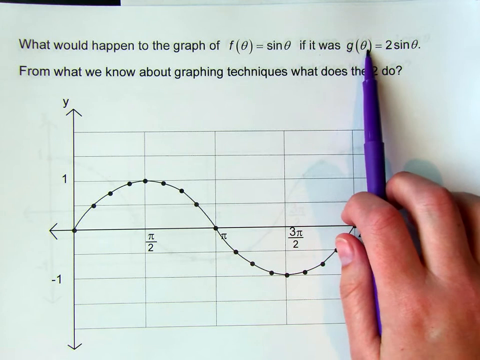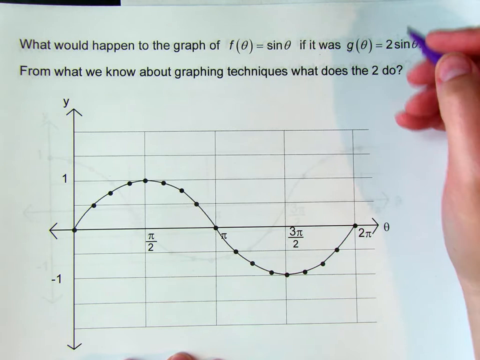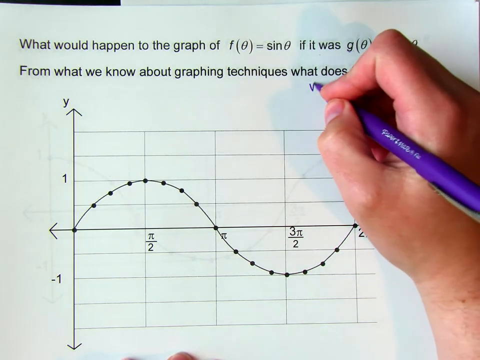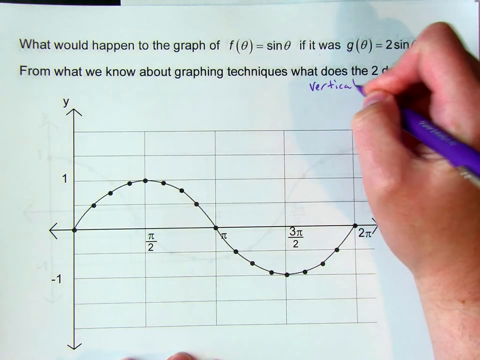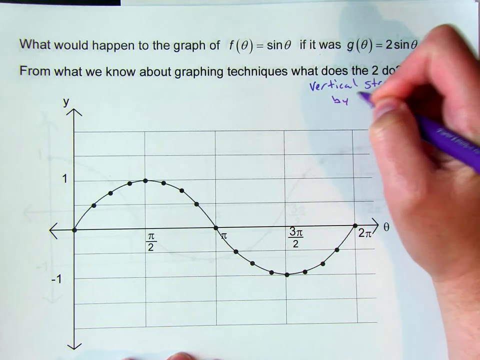So here, what would happen to the graph of our function f of theta equals sine theta if we were g of theta equals 2 sine theta? From what we know about graphing techniques, what does the 2 do? Is it a vertical stretch, a horizontal stretch, up 2, down 2, left 2, right 2? We need to think back to our parent graphs and what that does. So this 2 causes a vertical stretch by a scale factor